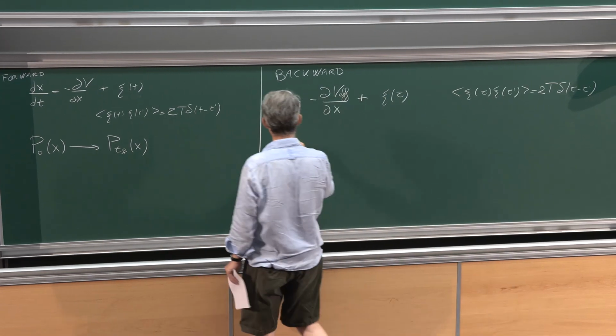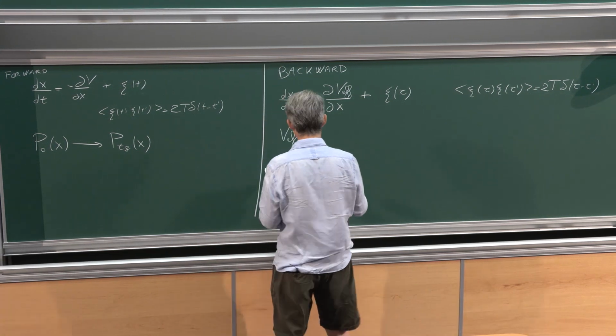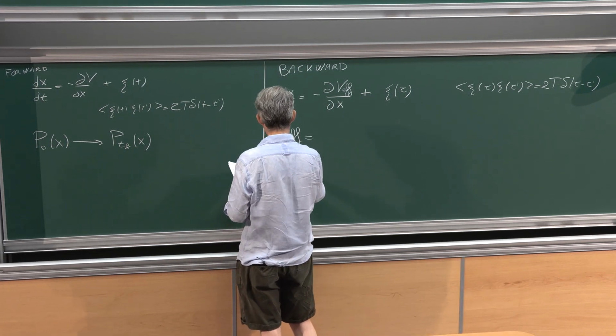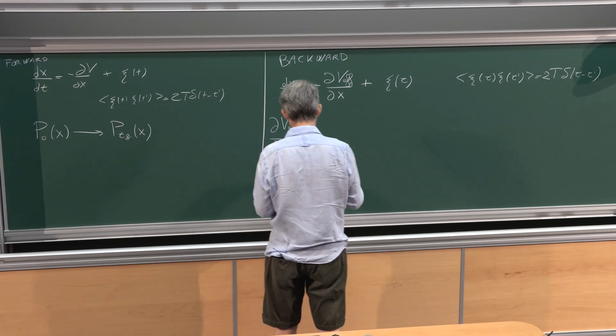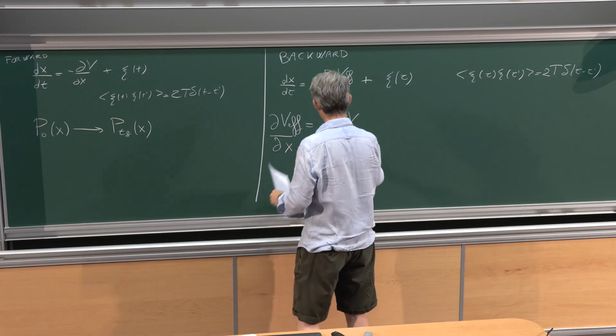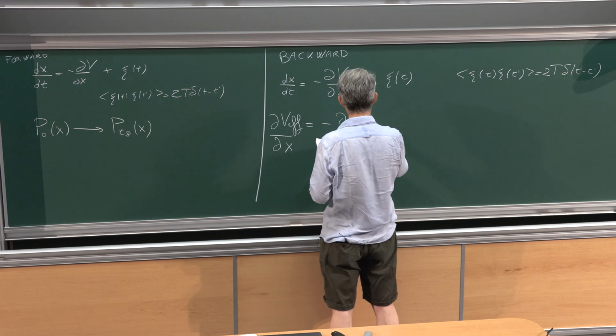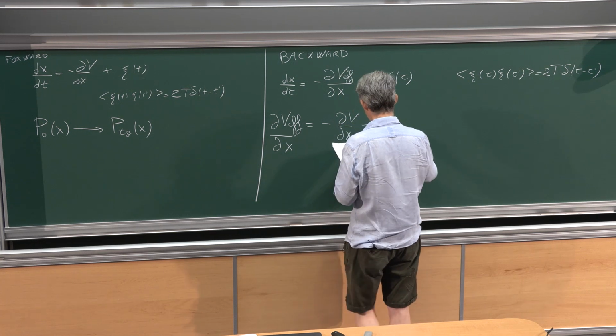And now what is this V^F? Let me write it this way: dV^F/dx is equal to minus dV/dx, so exactly minus the force that you have here, plus another term, which is minus 2 times the temperature,